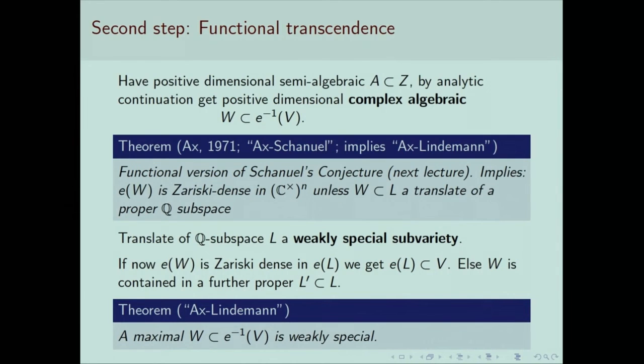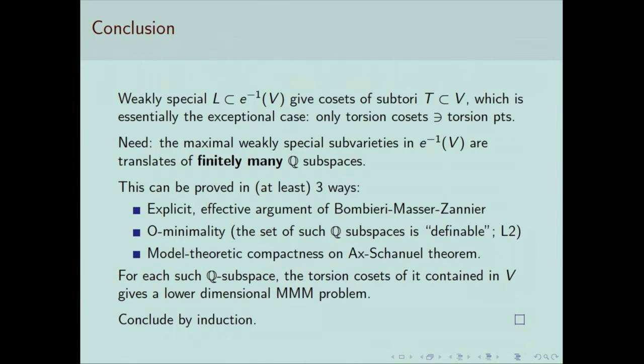Okay, so that's the second step. Now when we find these semi-algebraic things, we know that we find weakly special things. And all of a sudden we see that the algebraic part of our set Z is not a mess. It's actually built up out of rational translates of rational subspaces, and it coincides more or less with the exceptional case in the theorem that we're trying to prove. So the last step